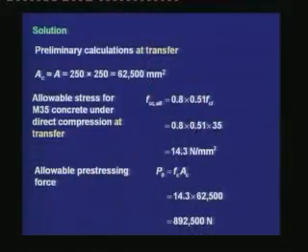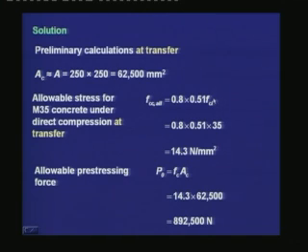First, we are doing a preliminary calculation at transfer. We are assuming that the area of concrete is almost equal to the total area, which is equal to 250 times 250, equal to 62,500 millimeter square. Next, we are calculating allowable stress for M35 concrete under direct compression at transfer. As per the code, fcc allowable is equal to